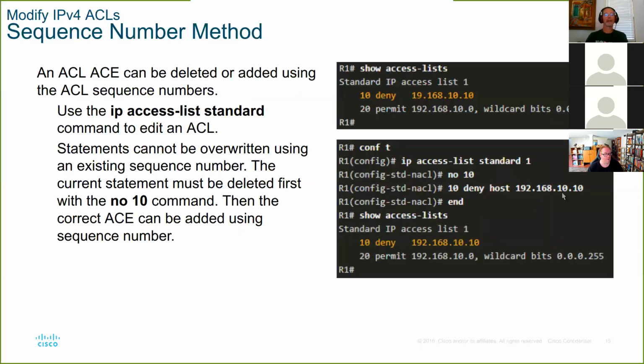So, yeah, if it's a simple little thing like a fat finger and you're not rearranging anything, sure, go ahead and do that. Honestly, I think it's faster to go into your text file, type the number, correct it, copy all, paste, done. Because remember, I'm going to have the no access list 10, and then the access list 10 with all the statements going to happen like that. That's just my personal preference.